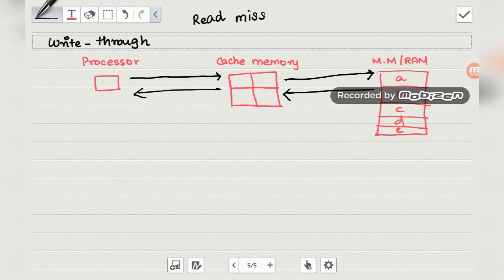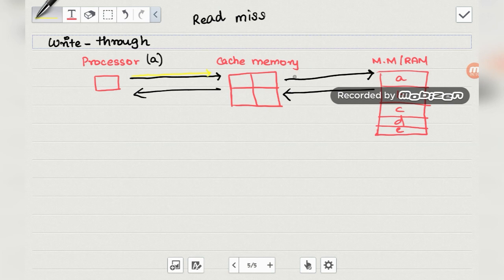We need to listen carefully in order to understand this concept. Let's say the processor is requesting for the value A. We will check the cache memory.